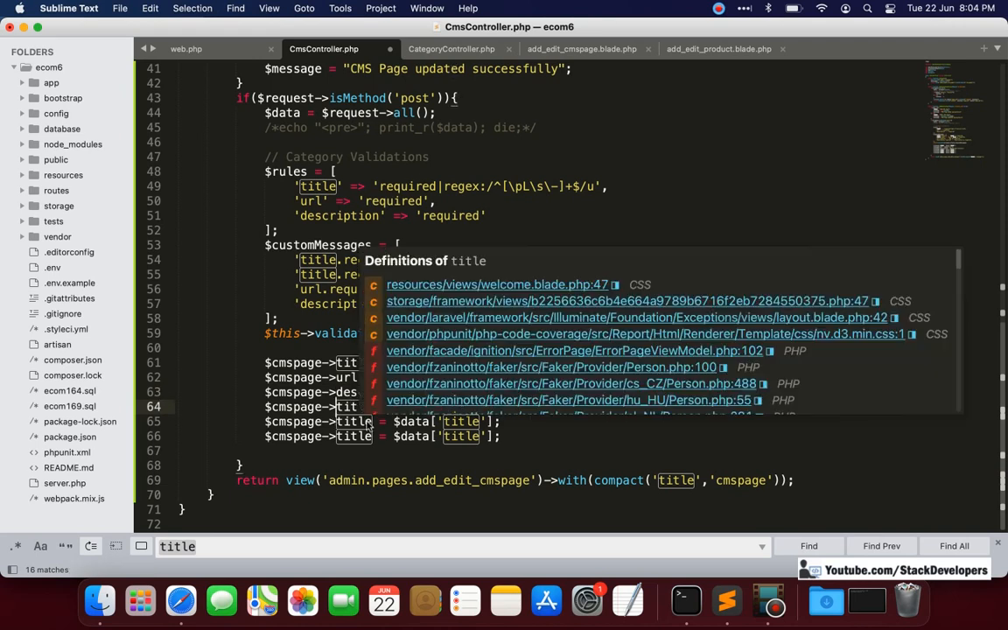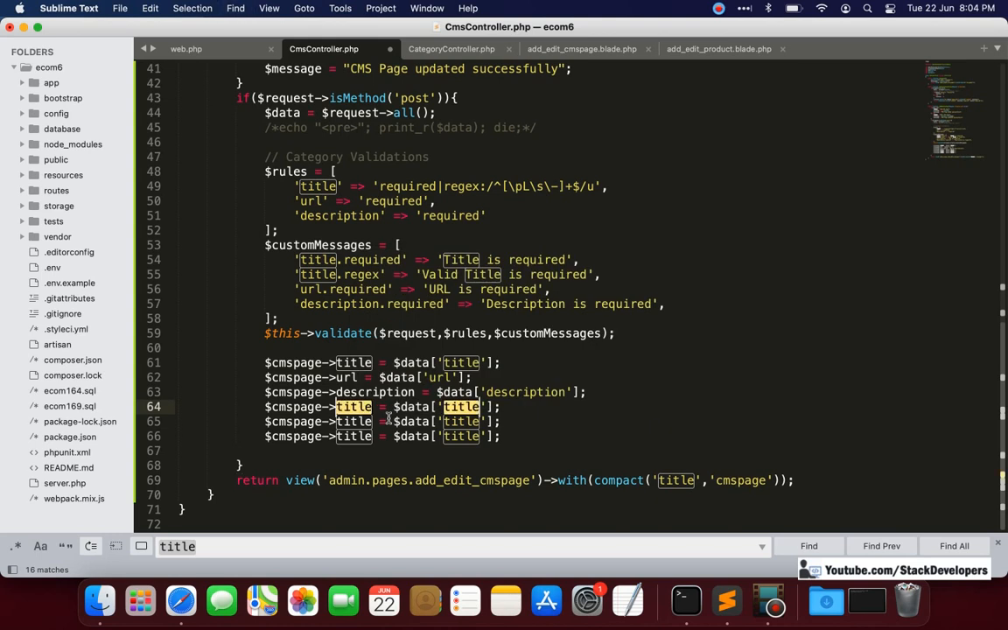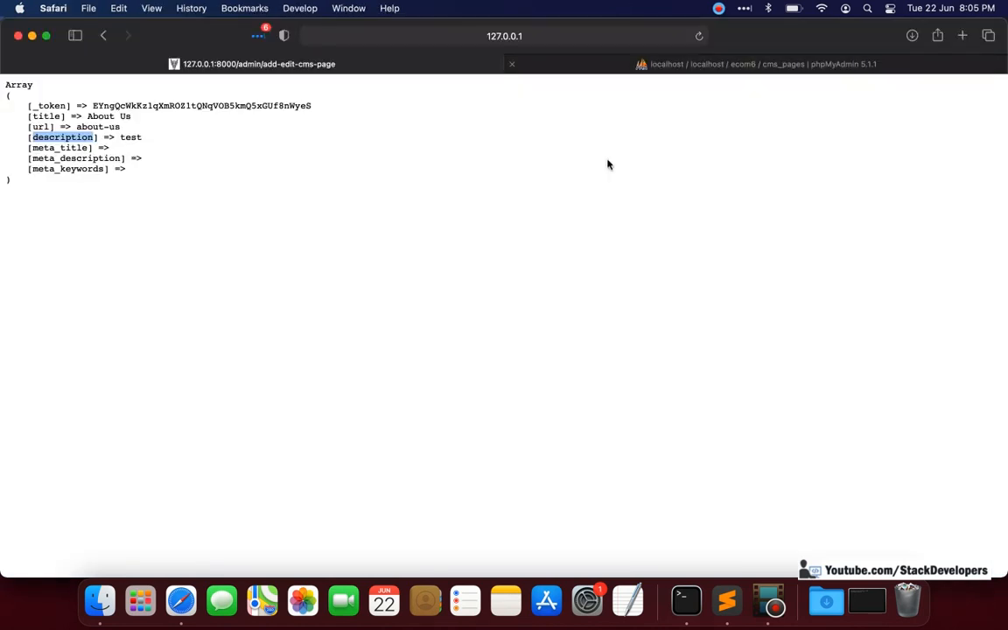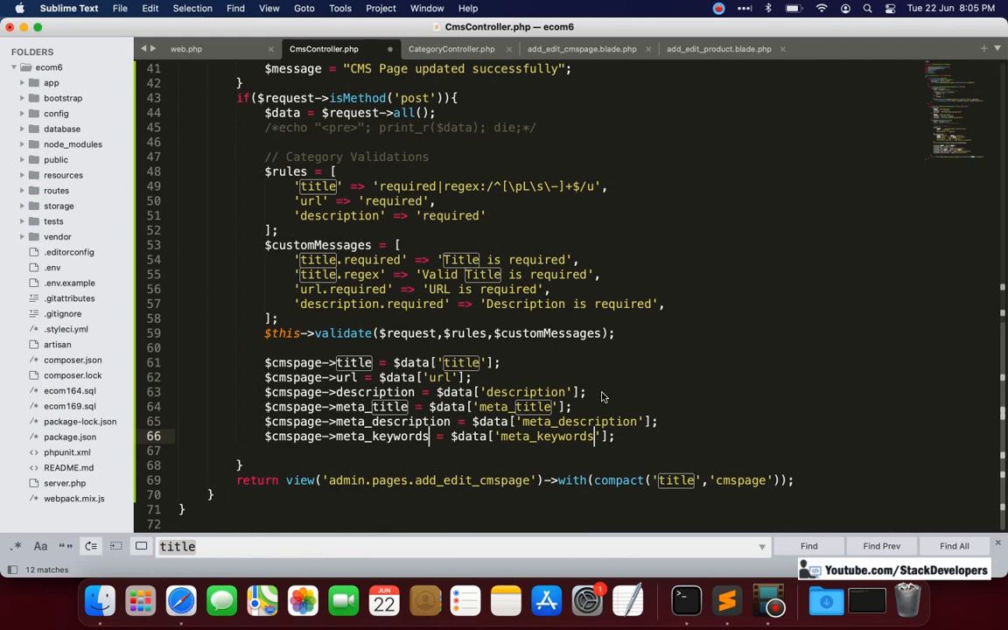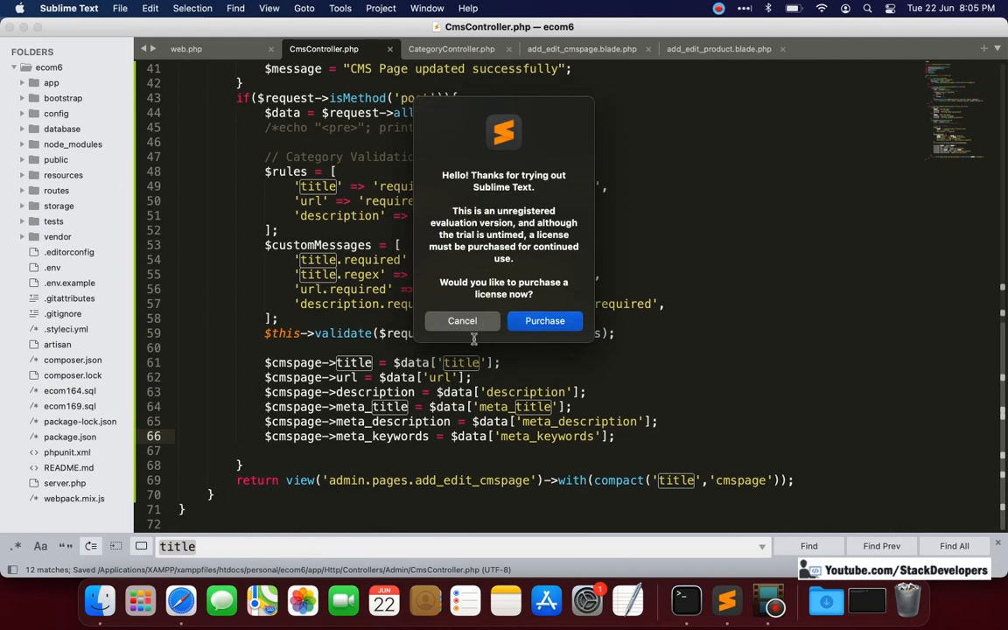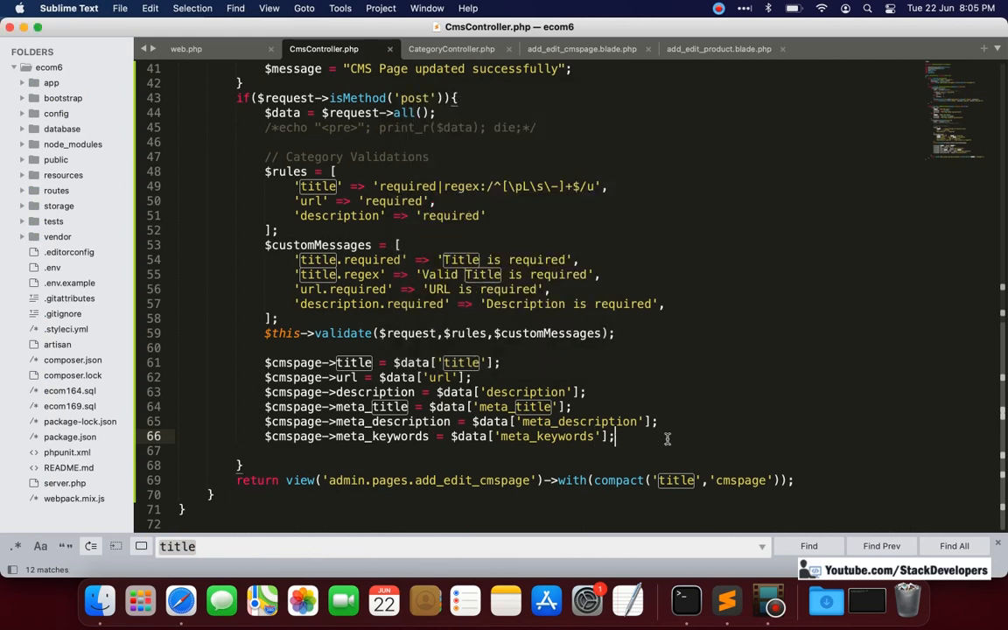Okay, so give the meta title. After meta title, we are going to give the meta keywords or meta description, and finally meta keywords. Make sure our field is same here, meta keywords, fine. Okay, then finally we are required to save